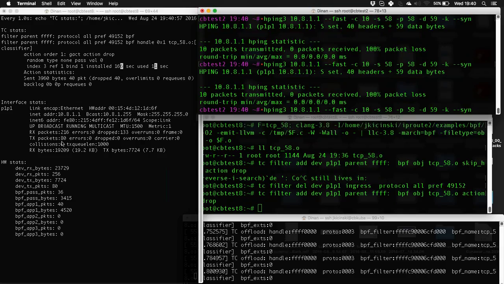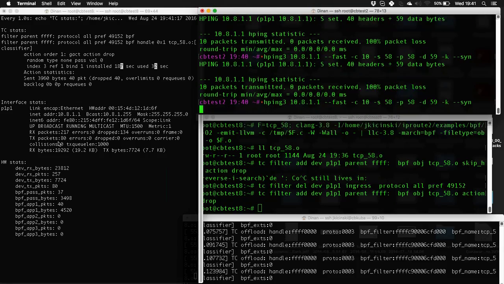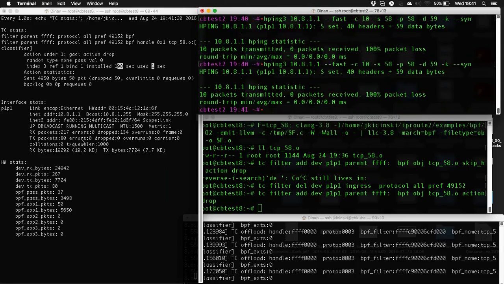We have to decide whether the transparent offload should mean that the interface statistics are incremented because the packets did hit the physical port of the card, or should they not be incremented because the packets never reach the kernel data path. So right now our implementation does not increment the interface statistics, but this is still to be decided whether this is going to be the final design.